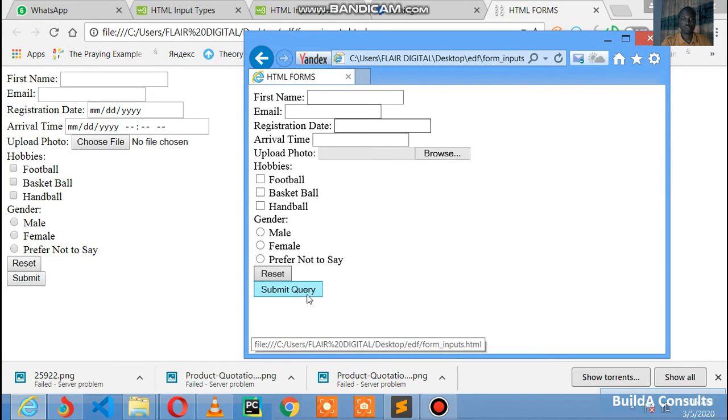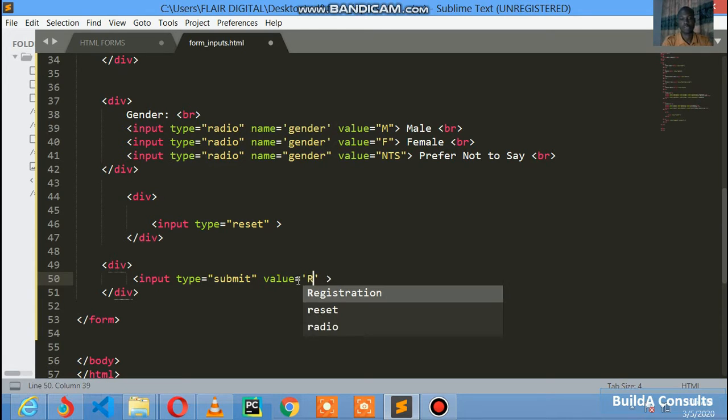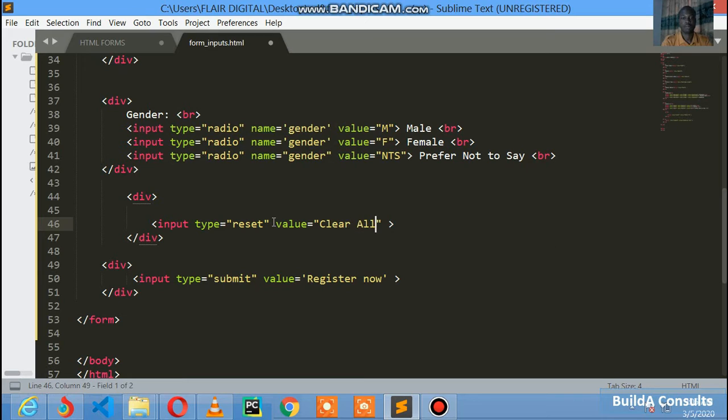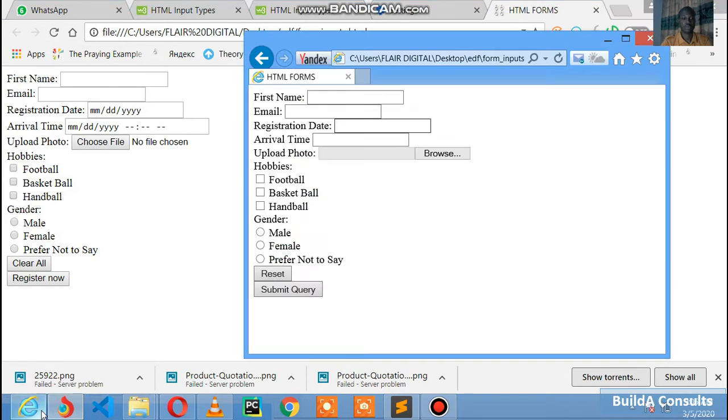So for you to take off this, you are going to add an attribute called value here. So once you say value, and whatever you want to add on the button should form value. You can say register now. Okay. So here now I can add value. Say clear all. So once you do that, it will change the name. You see, and even when you get to Internet Explorer, it will default